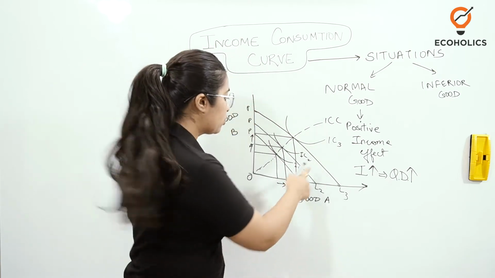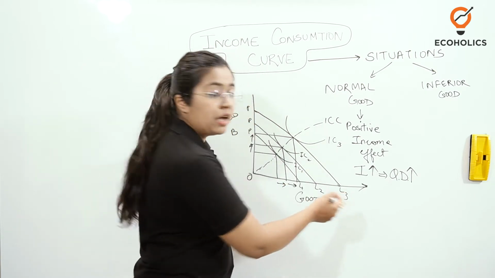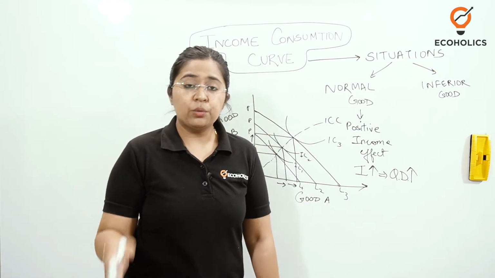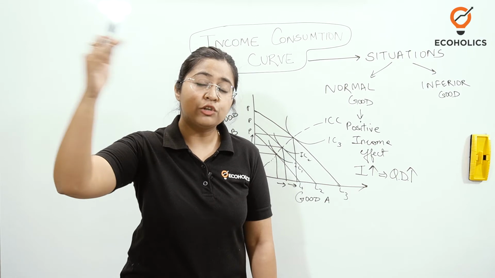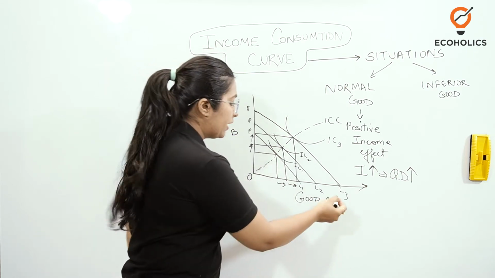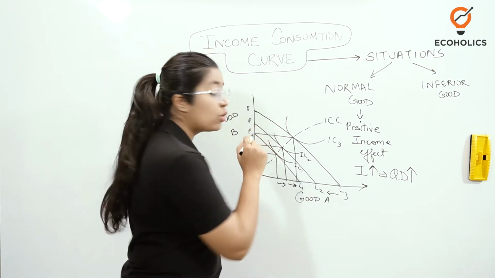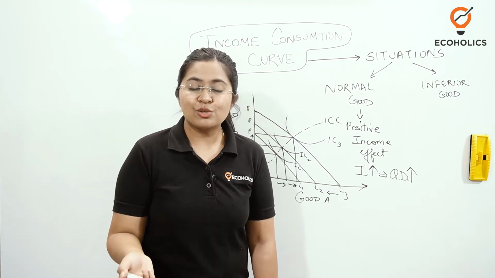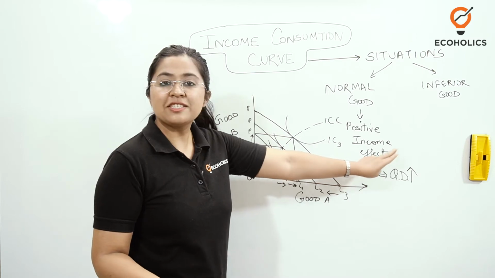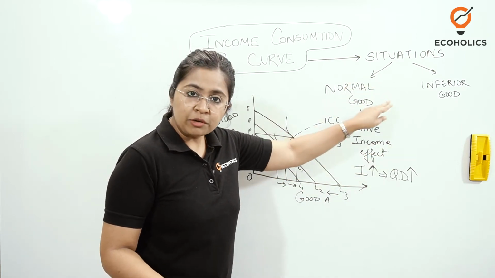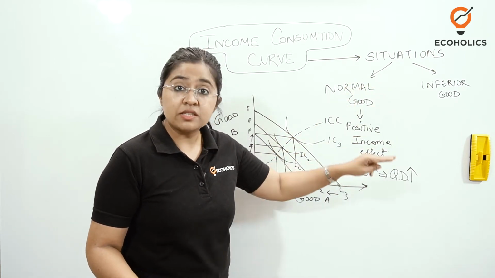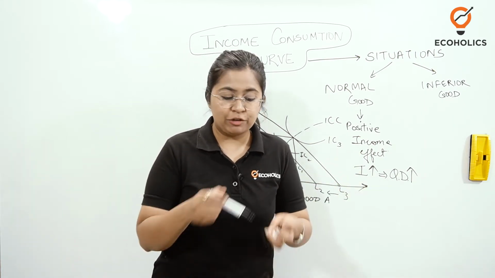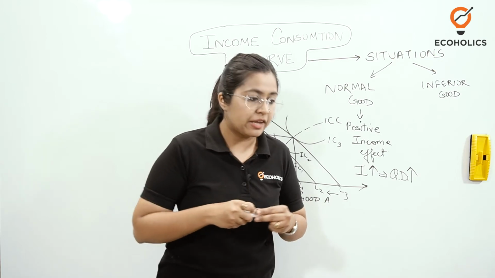Similarly, when the income is going to decrease, let's take the idea from PL3 to PL2. If that is the scenario, when you come from a higher budget level to a lower budget level, and your quantity demanded for each of the commodities also decreases in the same direction, then that is also stated to be a positive income effect. So normal goods always are going to have a positive income effect. Now what about inferior goods? So let's have a look at the inferior goods concept as well.